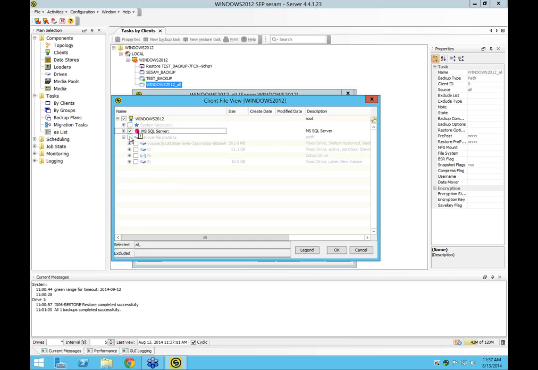The nice thing about the all target, in addition to having a quick way to back up everything, is that if somebody, another administrator, adds a drive letter or adds a database and doesn't notify you, then we're going to pick that up by default. So you really have the protection of knowing that all the data is going to stay backed up no matter what happens to the machine.